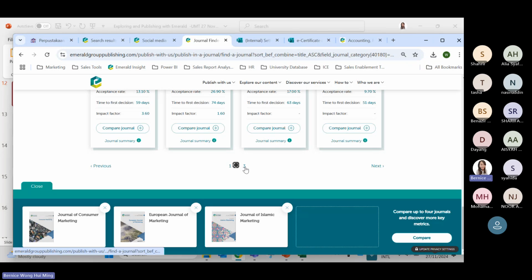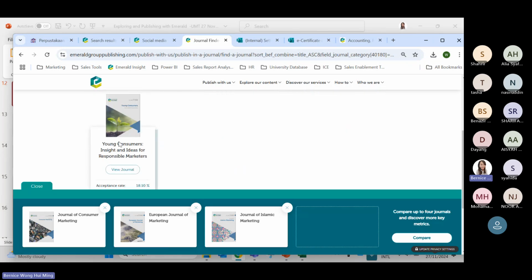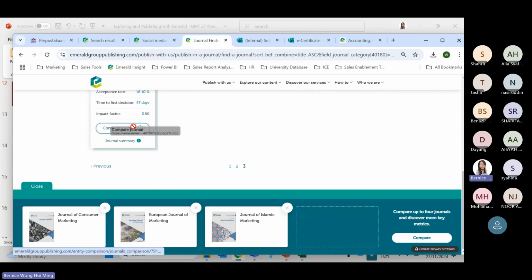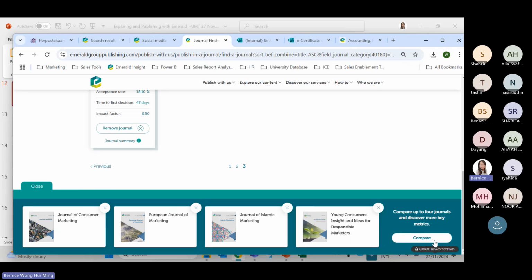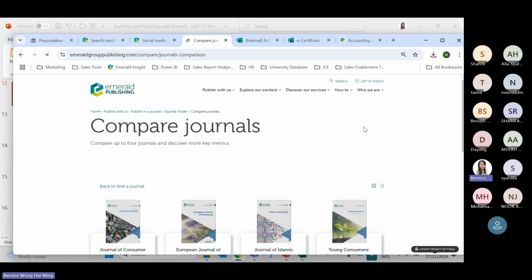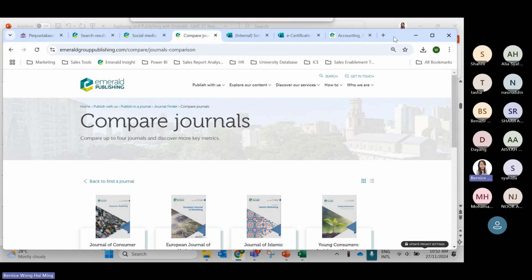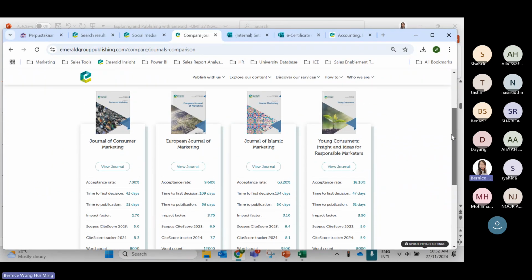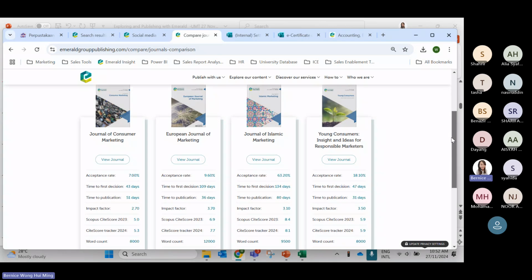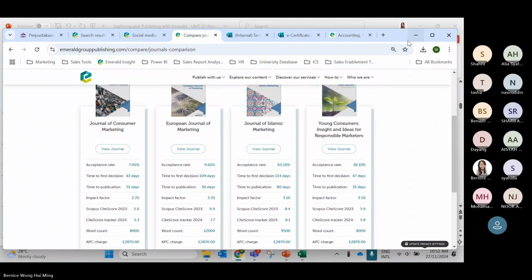So I want to know actually what is the young consumers' spending power. So I can go to compare journal. So you can compare up to 4 journals. You can click compare. Then you will see in this page will provide you more insight about publication information here.